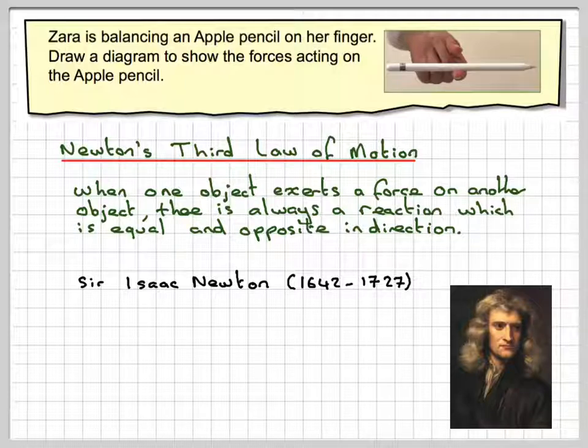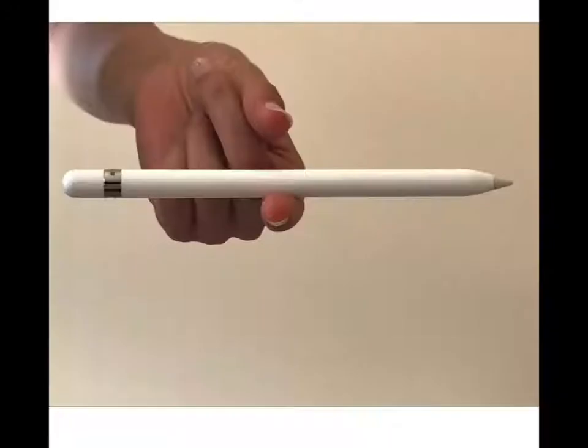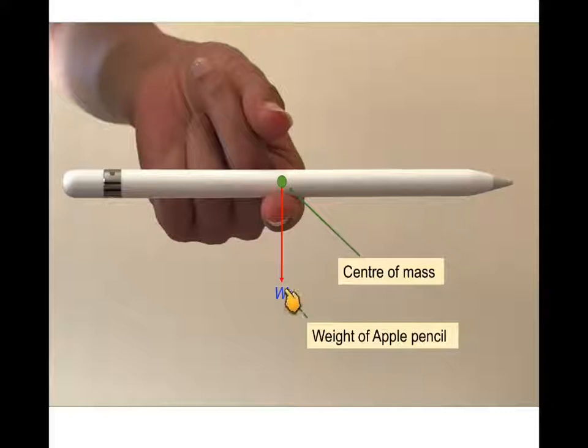We'll look at it through this PowerPoint here. So what we've got here is Zara's hand, and we've got an Apple Pencil she's balancing with her finger. So we're going to look at the forces that are created when we do that. So we have here what's known as the center of mass, which is the sort of pivot point of this Apple Pencil. So the weight acts in a downward direction